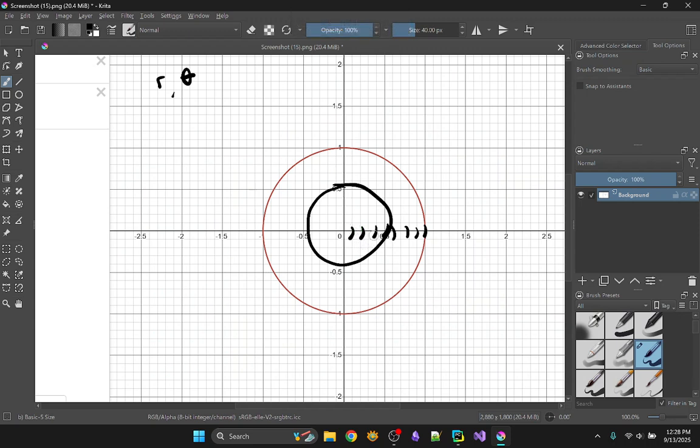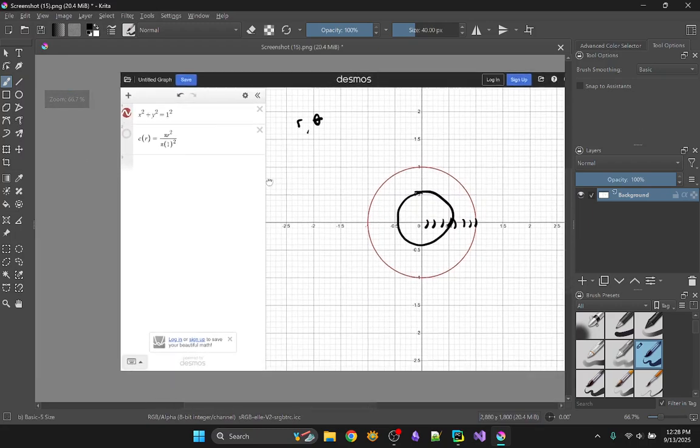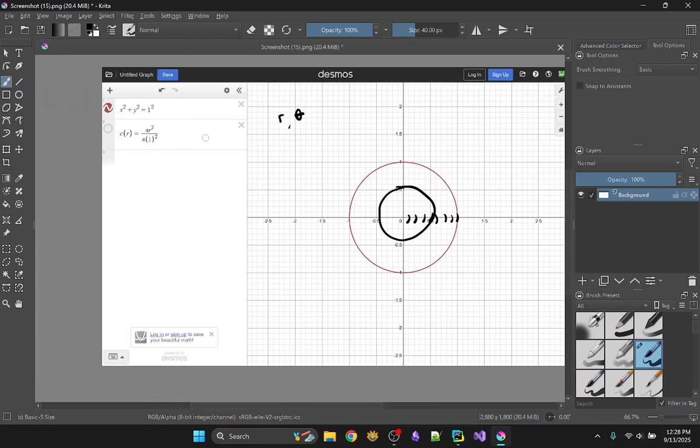And we want the cumulative probability to be the proportion of this area of the circle to the area of the whole circle. So if this area is 0.5 and the whole area is 1, then the cumulative probability should be 0.5. And so the general formula for that is the area of the smaller circle here